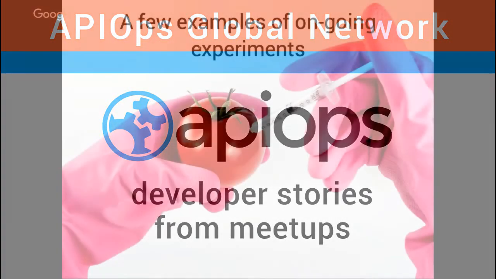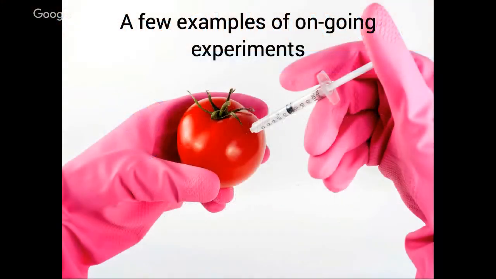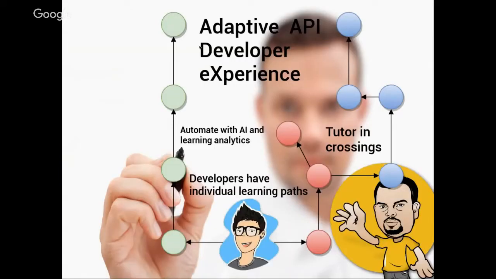A few examples of ongoing experiments that are going on now. It could eventually be something like injecting something into a tomato, but this is more digital, what we're doing now. One of the ideas, this is an ideal level of experimentation. It hasn't even been tested anywhere, other than me talking to developers and some business owners about